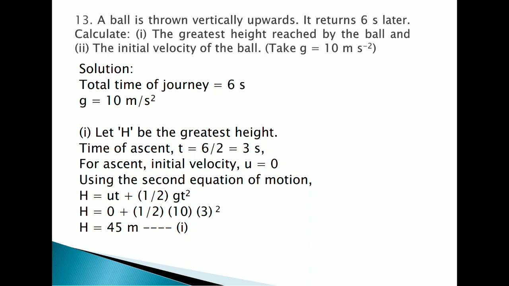Okay, in the previous sum also we have taken that initial velocity is taken as 0. We have to find out the greatest height reached by the ball. ठीक है, so we have to calculate h. Okay, so s is equals to ut plus half at square. So s के जगह h लेंगे और u is taken as 0, initial velocity is taken as 0, plus half gt square. g के जगह 10 ले रहे because the acceleration is acceleration due to gravity. We will be considering the value as 10. Time span is 3, so 3 square we will be taking, getting the answer as 45 meter.